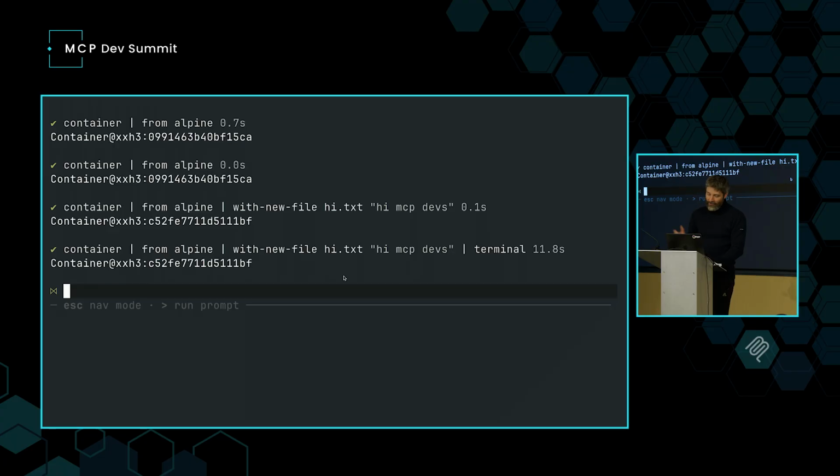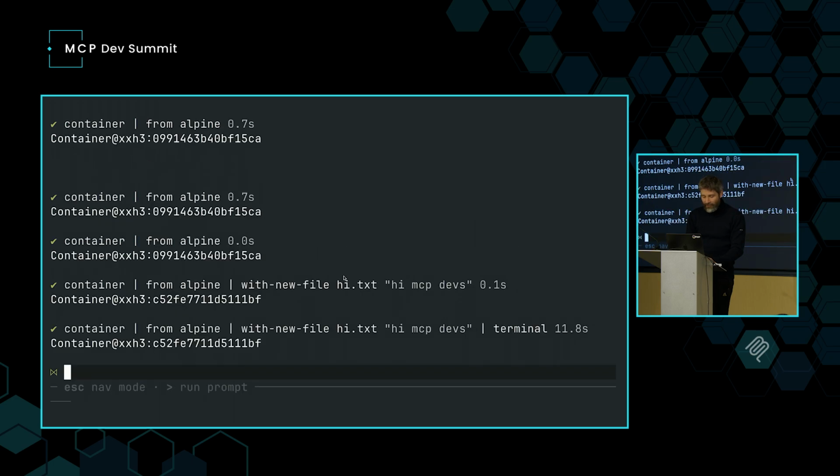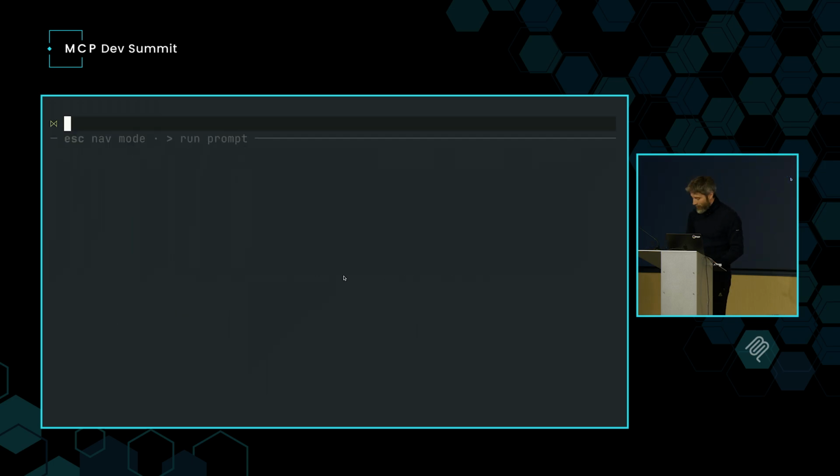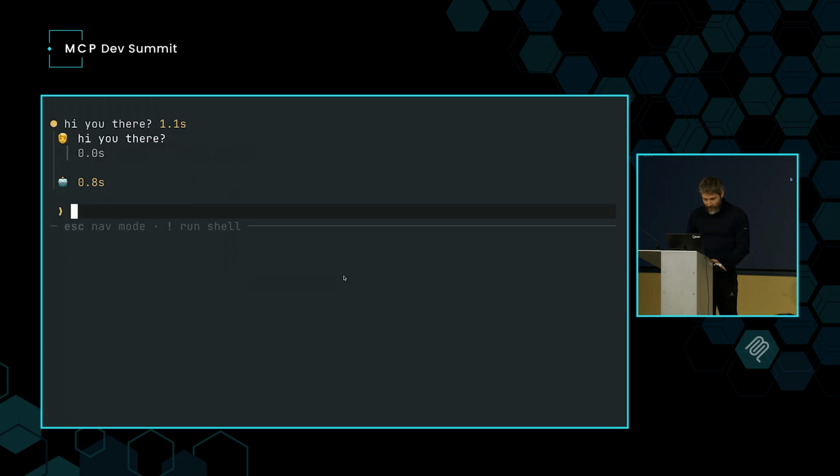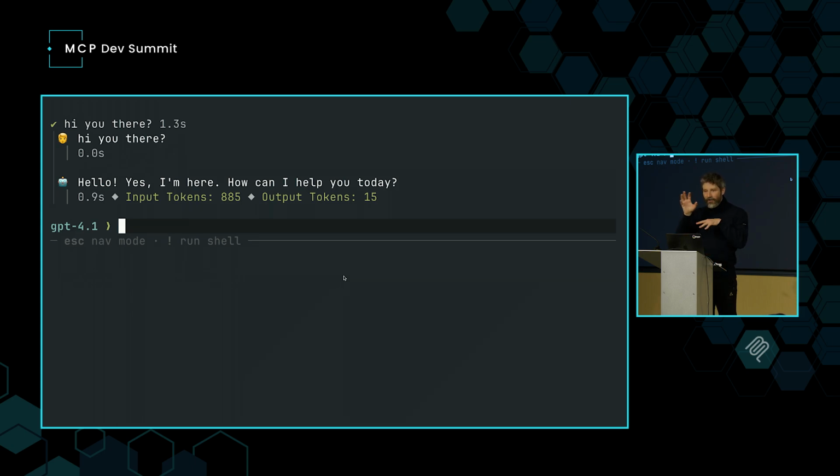So basically, we built all that, and then again, people were like, "Can I do that with the LLM?" And we said, "Yeah, sure." So we added this thing that we called prompt mode in our shell. So if I press, what's that called? The chevron. If I press the chevron, it's going to look for my LLM configuration, and now I'm in prompt mode. So I can say, "Hi, you there?" Okay, so Claude Code, Codex style, except it's plugged into this API.